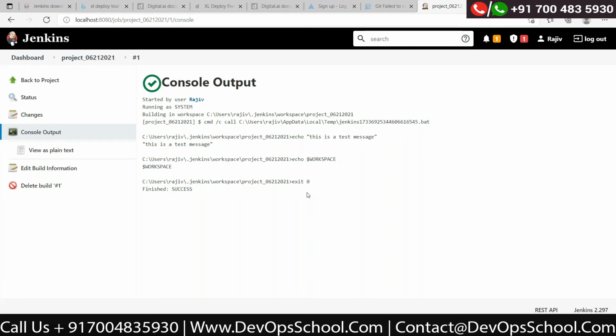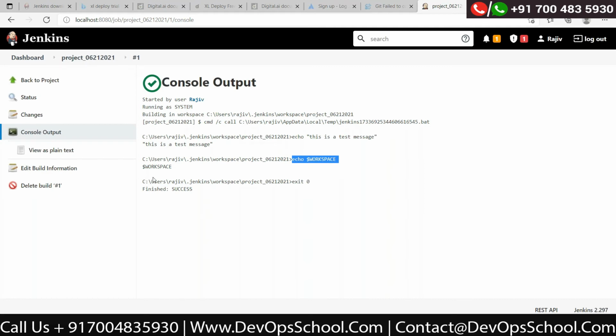Let me take the control. Okay, I'll give you the control, Hemant. Yes, please. Make remote control. Fine. So this is the location, and from this location it is trying to run this command. And it is echoing that, showing that command also, and this is the output. Similarly, the second statement is trying to be executed. Okay, the workspace.